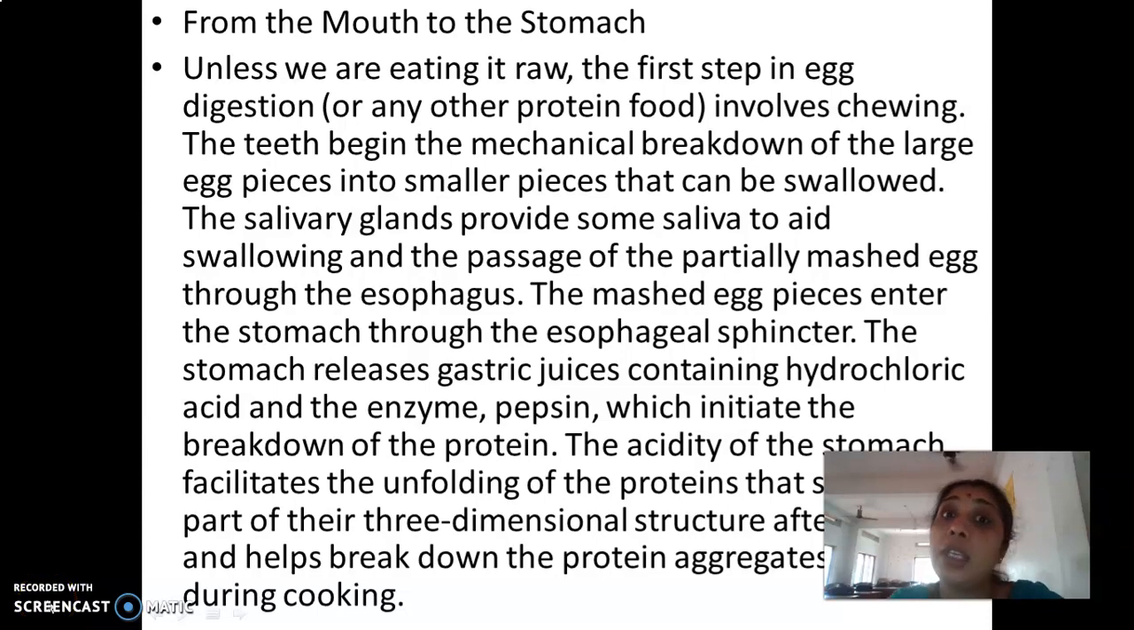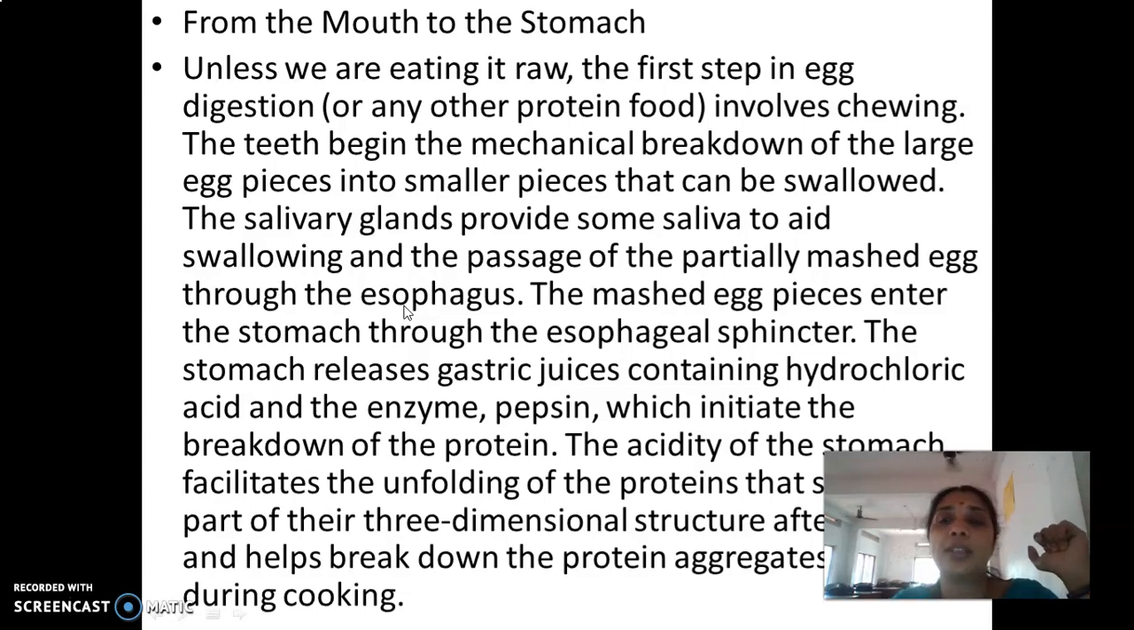So what happens when we eat an egg? Unless we are eating it raw, the first step is the digestion, right? It involves chewing. So just imagine what is happening when you eat an egg. Okay, so the teeth, what do they do? They masticate the egg into smaller pieces, and it is swallowed because the salivary glands provide saliva to enable the process of swallowing, and the partially mashed egg passes into the stomach through